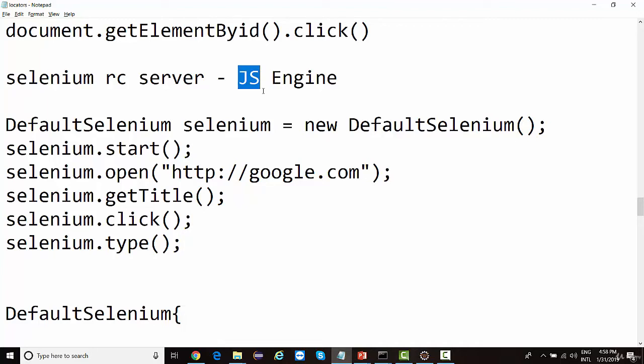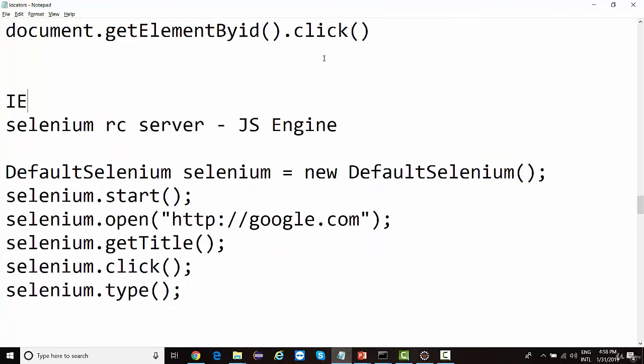Now, what was that challenge? The architecture itself was the major challenge. How? Because we know that RC came long back in the market. It was started in 2004. And at that point of time, the majorly used browser was IE. Till now, there are many old client applications which are accessed through IE browser, which might not work on Chrome, might not work on Firefox. They work absolutely fine on IE.